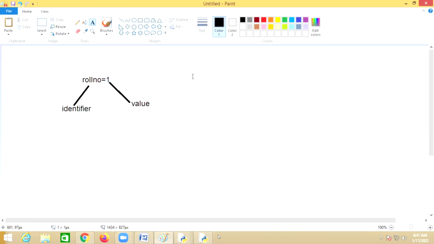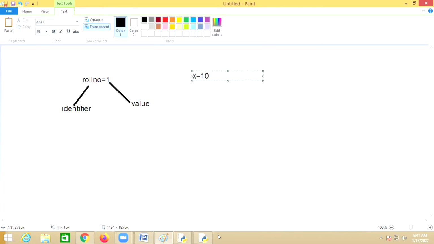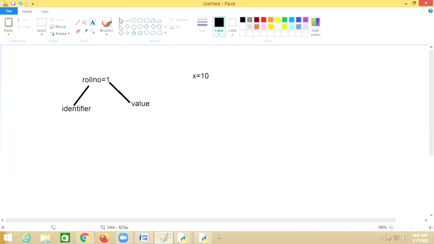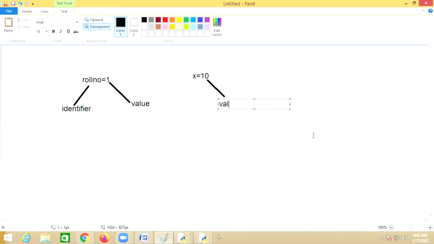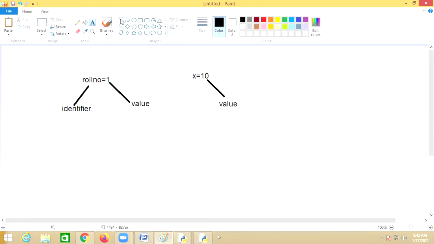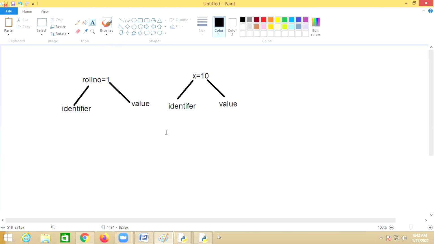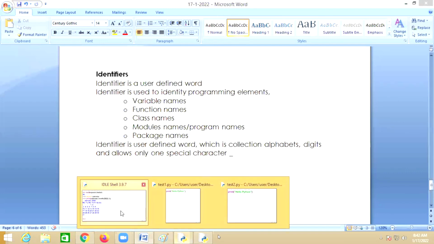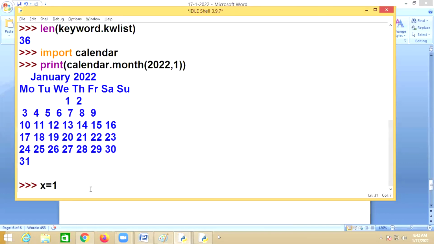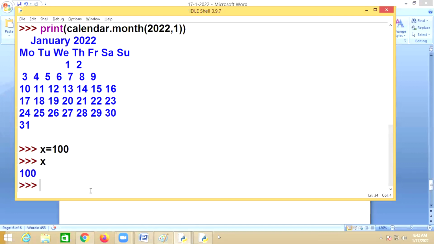In the same way, x equal to 10. 10 is a value and this value is identified with one name, x. So x is called an identifier. Say x equal to 100 and y equal to 200.